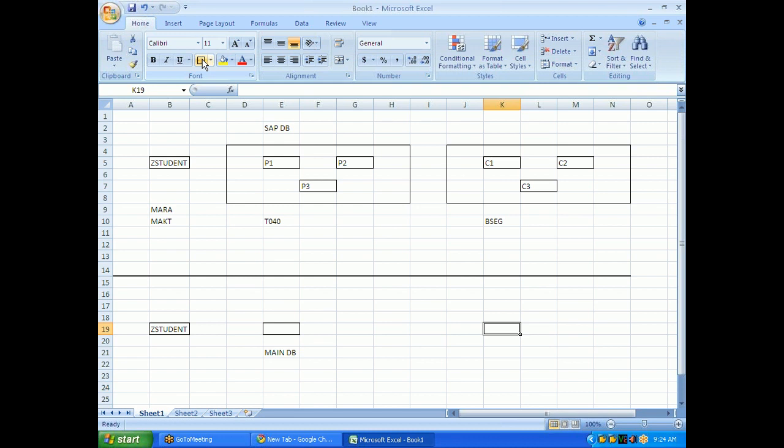One table cluster represents one table in the main database.